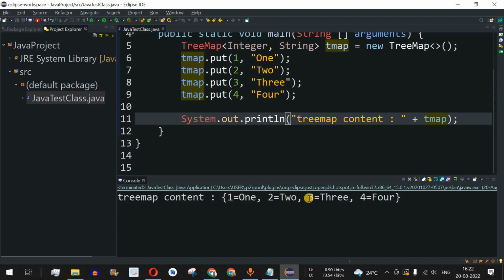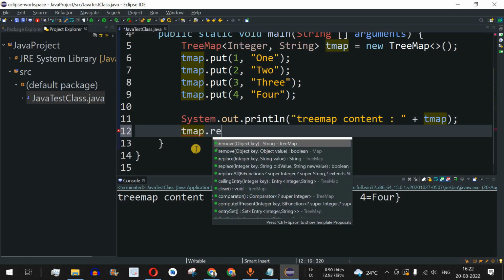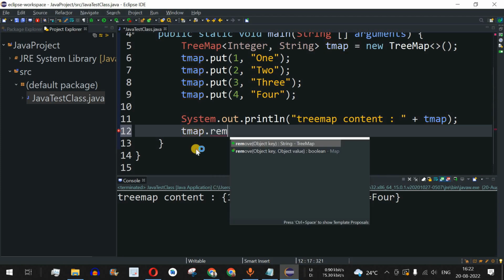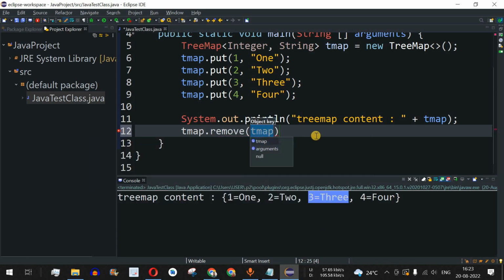Now guys, let's say I want to remove this element, that is 3. So this can be easily done with the help of the remove method. So we can use the object name, that is tmap, followed by dot, and then we have something called remove. So as you can see, this method remove takes one parameter, that is going to be the key. So over here we are going to provide the key as 3. That's because we want to remove that key from this map.